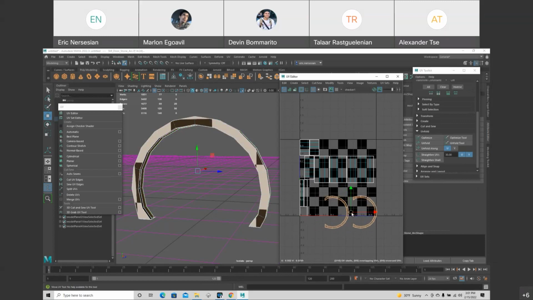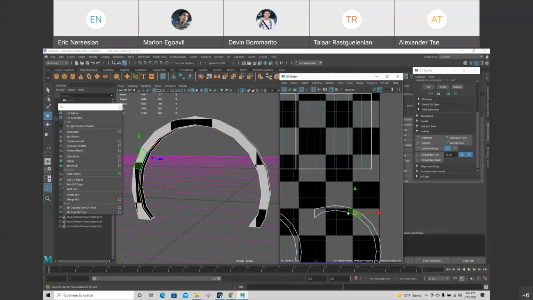Now what an unfold does is it looks at each face. So let me just grab this one here. This little UV space corresponds to this face over here. This face is living in 3D space on a 3D model. Its UV representation is over here.